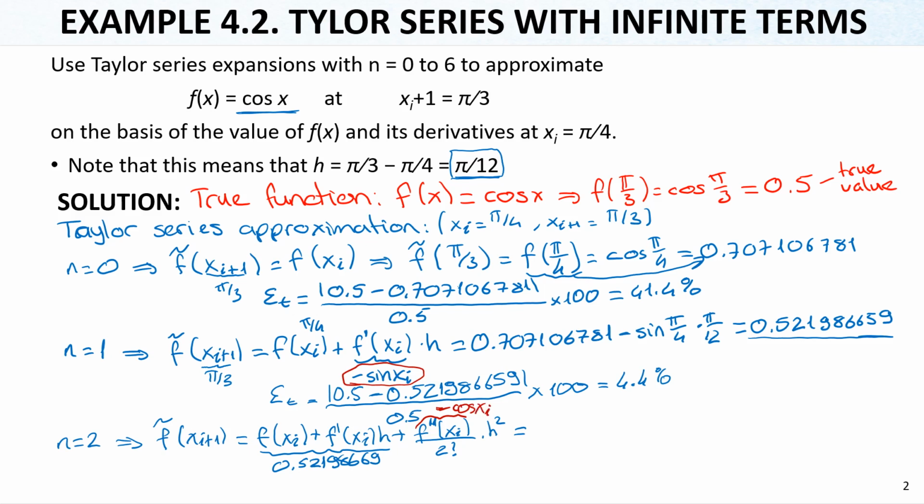So we can simply write, let me write the first term first, 0.52198669, and then the derivative, minus cosine pi divided by 4, divided by 2 factorial, and pi over 12 squared. And the result from here is